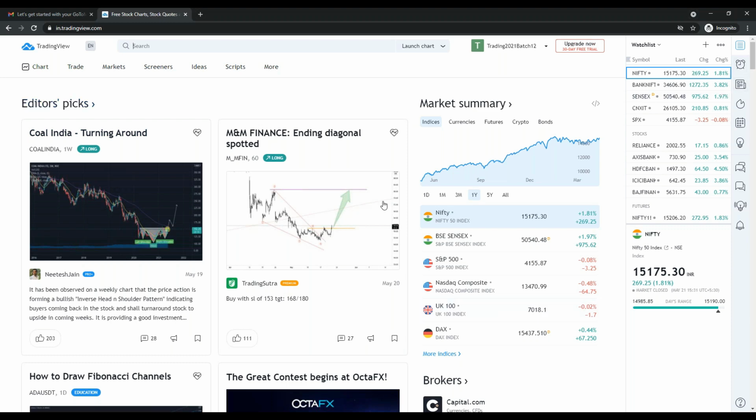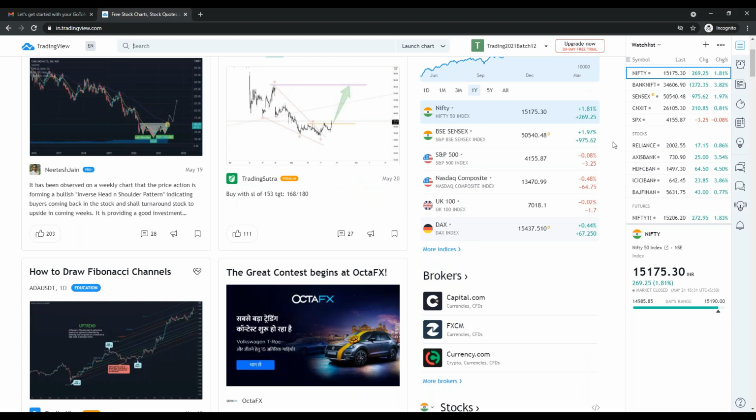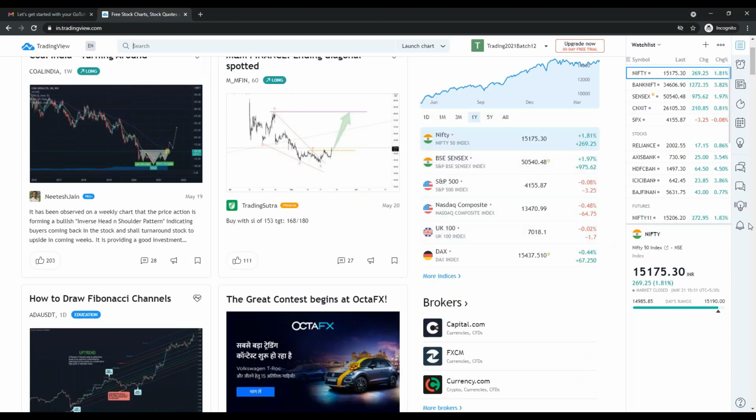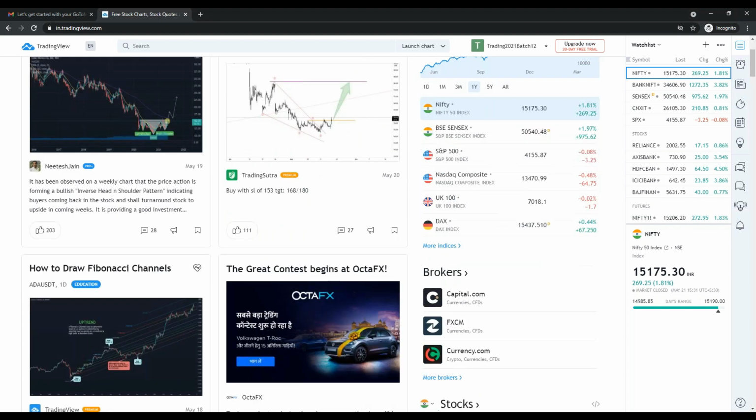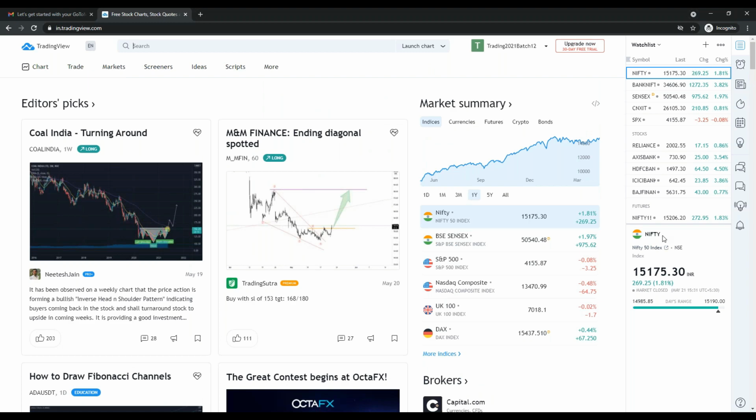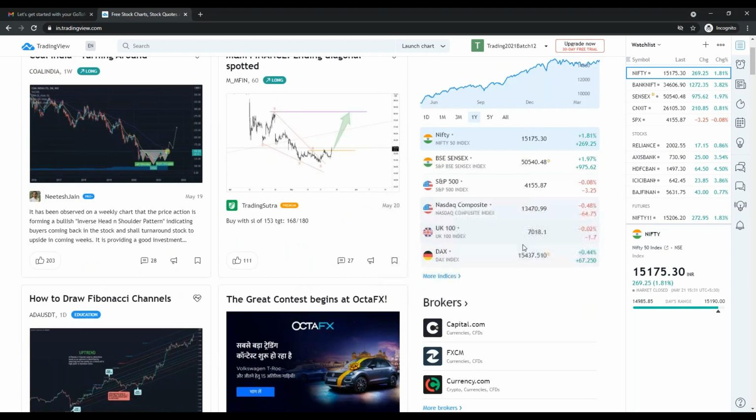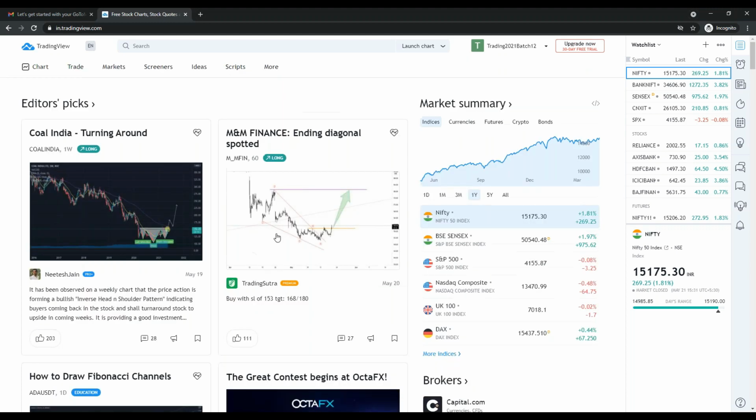And here you can see these are the default charts. I hope you can see here Nifty is showing, because most of the people are from India. So you guys trade on Nifty, right? NSE, BSE. All stocks you will be able to find, and all global stocks like crypto, forex, everything you can find in this TradingView. TradingView is a very wide platform, and here data is tick by tick, meaning we get the real time data over here.